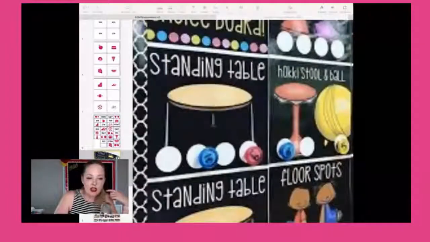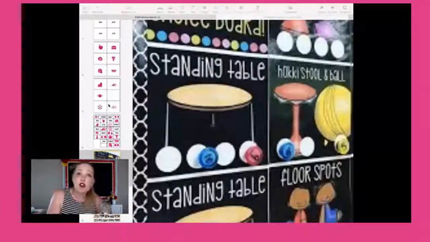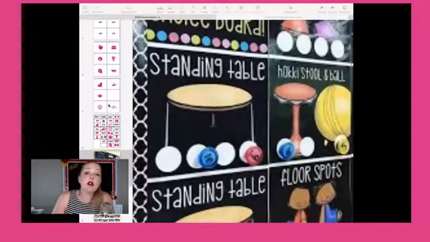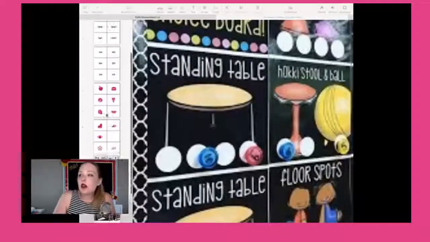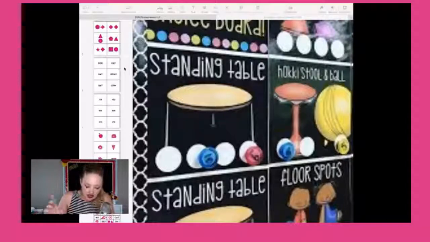So one of the things I wanted to show you as well is sometimes with flexible seating, you want the ability to just pick new seats, or you want to randomize where they're sitting. Maybe you want to change seats. Maybe flexible seating for you in your classroom just means that you are flexible in how quickly and how frequently you are changing the seats in your classroom. So one of the things that you can use is a flexible seating